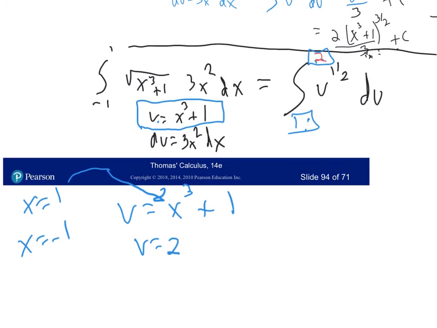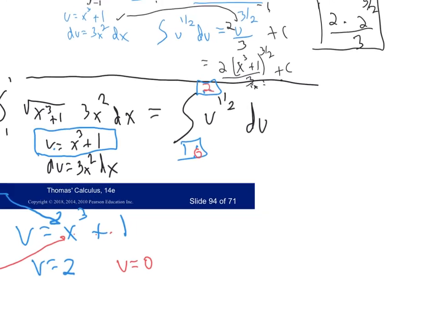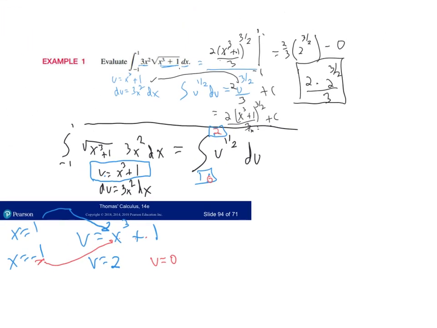Now, the lower limit, when x is a -1 and I plug it in here, I get -1 cubed, which is still a -1. -1 plus 1 is 0. So my next one becomes u is equal to 0. That number goes here. You can see they're not the same as -1 and 1, which is why I didn't say it was equal to this with limits. I worked it out as an indefinite integral here. And then I took that answer